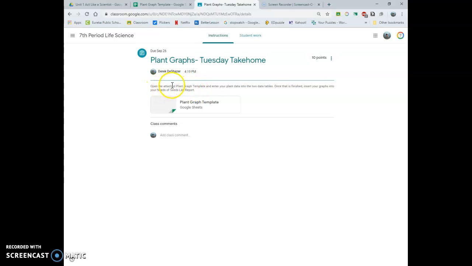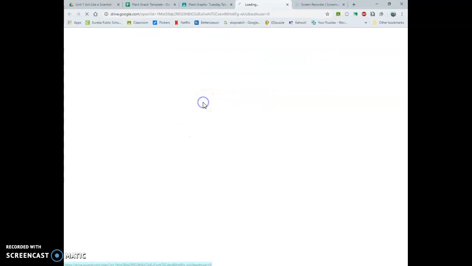But it says, open the attached plant graph template and enter your plant data into the two data tables. Once that is finished, insert your graphs into your Needs of Seeds lab report. Okay, so I'm going to walk you through how to do this. So we open up this plant graph template,